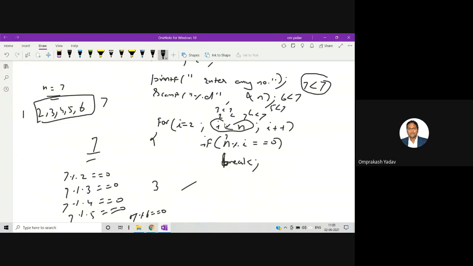at that time the I value will reach n itself, right? Because here, if you see, 7 is not less than 7, so the I value and the n value are both the same. So when the I value reaches that number itself, then this loop will break.